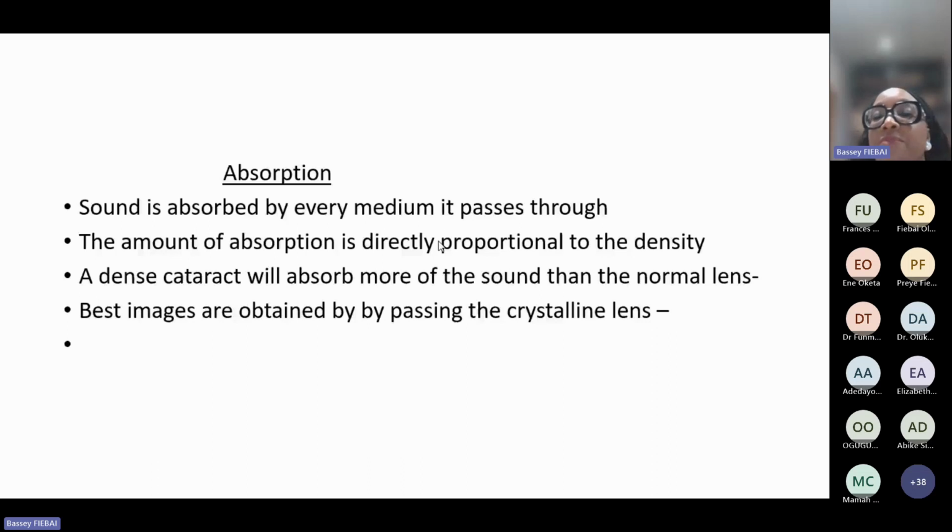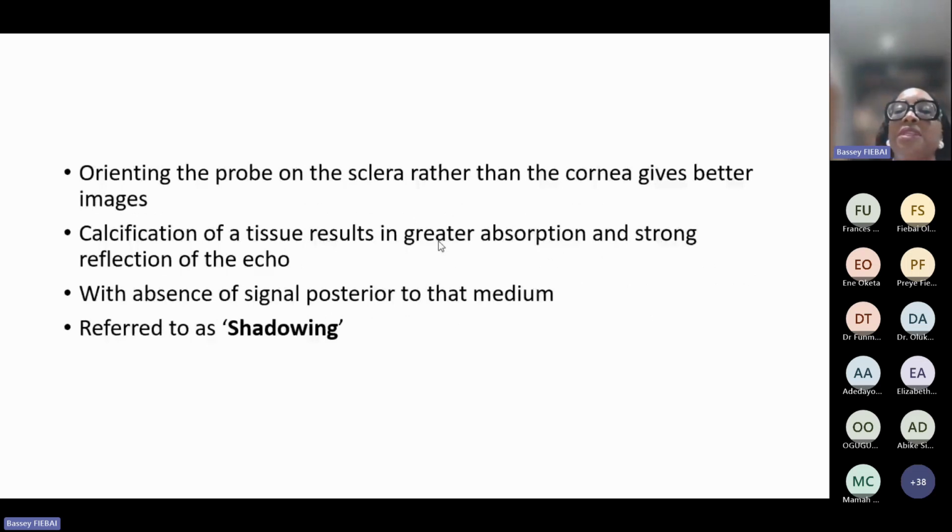Sound is absorbed by every medium it passes through. The amount of absorption is directly proportional to the density of the medium. So a dense cataract obviously will absorb more than the normal lens. So orienting the probe on the sclera rather than the cornea gives a better image, because by so doing, you're bypassing the lens. And also, if you have calcification in a tissue, the absorption will be more and your echo